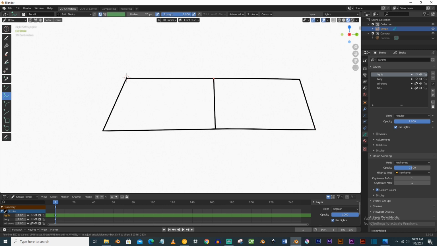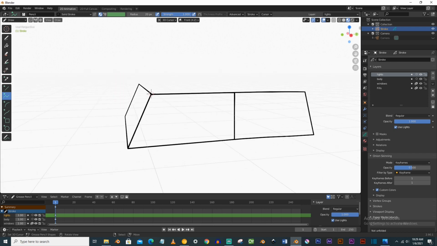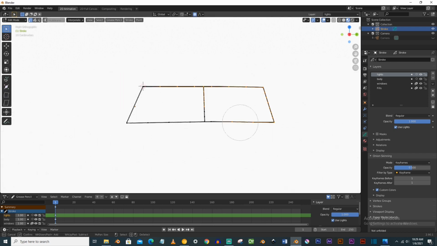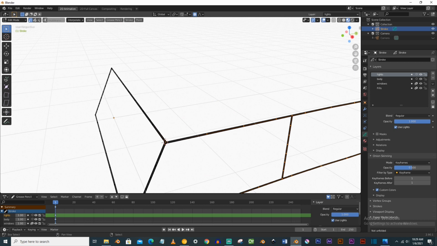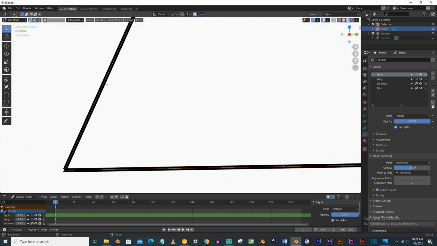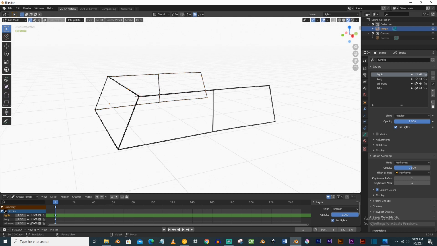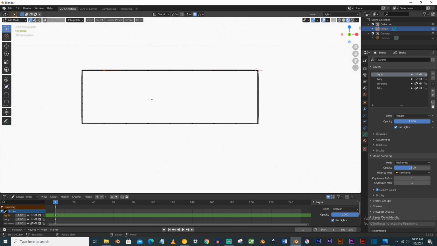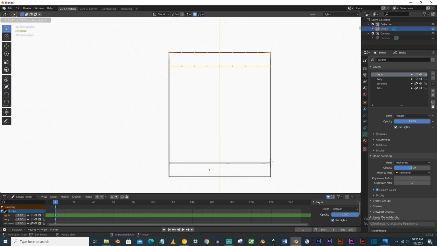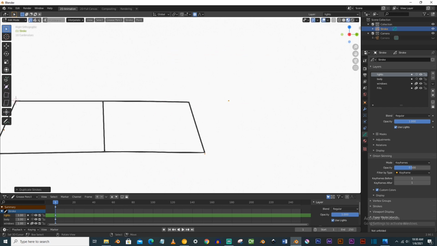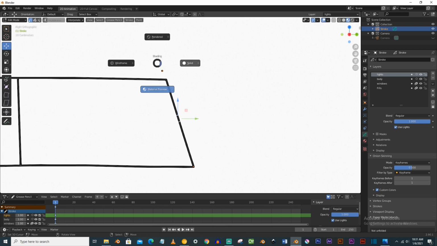And now the remaining video will be sped up, and we will just make duplicates of the lines and place them in the right position. So select all of these by using circle select and press Shift D to duplicate and move it on the x-axis. Place it here. Now select the front side of it by using circle select. Now here you have to rotate your selection a little bit and adjust that point.